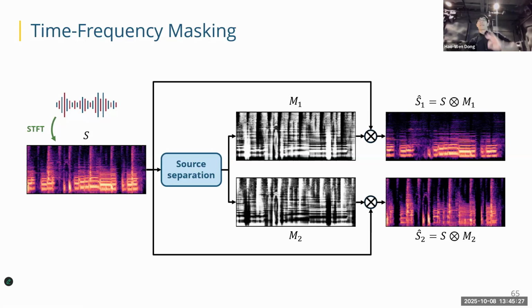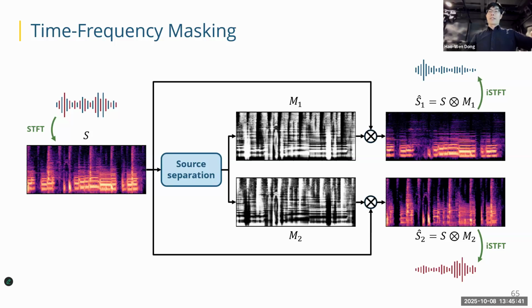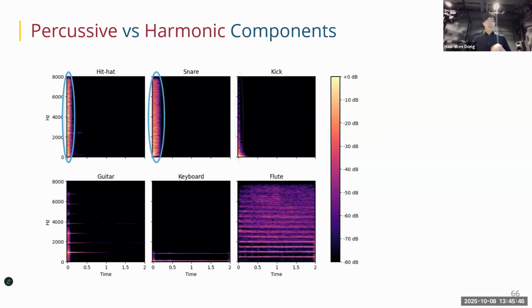But basically, you are doing classification. And once you have the mask, you apply it to the original spectrogram to get the output. So this is a very common approach when we are doing separation. And once you get the spectrogram, you just do inverse STFT to get the waveform out. So this is something we will look into in the assignment,